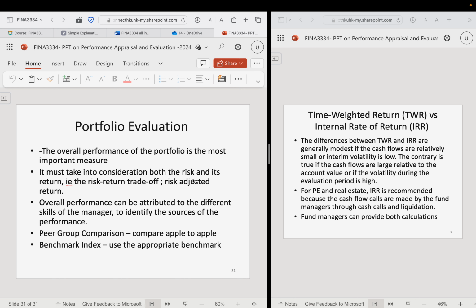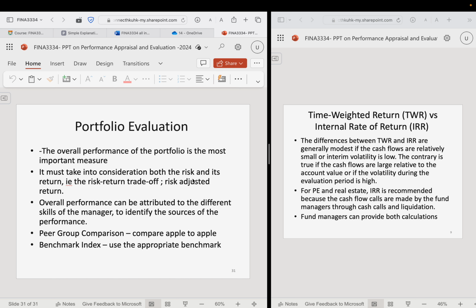And then when we monitor the manager, we want to compare to the broad index, and also compare to the peer group managers. For example, if it's an Asian manager, we want to compare with the Asian long-term managers, versus the benchmark, and also the watch list. So sometimes we would like to put a manager on the watch list, and then we would possibly sell him if he continues to deviate from what he said.